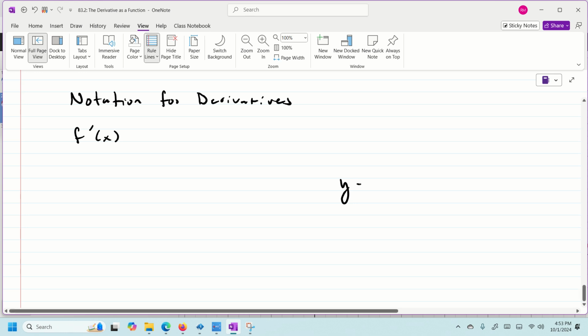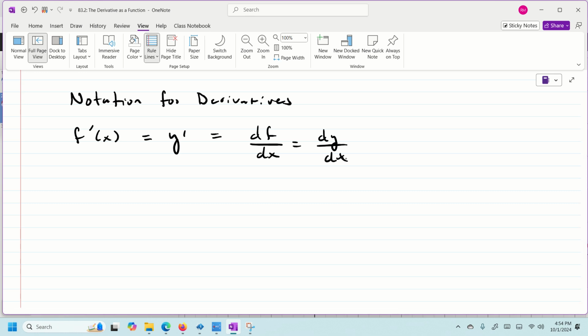If you're given a function with the notation y equals a function of x, then to refer to its derivative, you will use y prime notation. You could also use the d dx notation, df dx, or dy dx to refer to the derivative. So these are the common variations that you'll see to refer to the derivative, and we'll have all four of